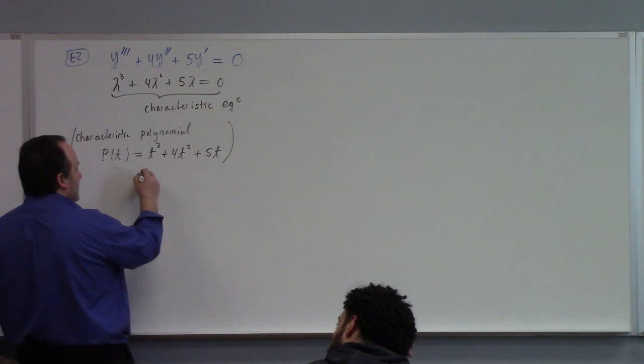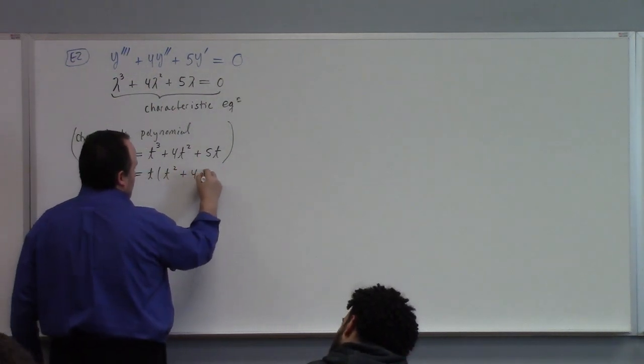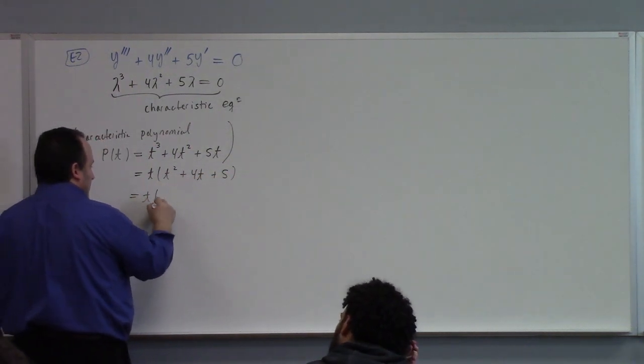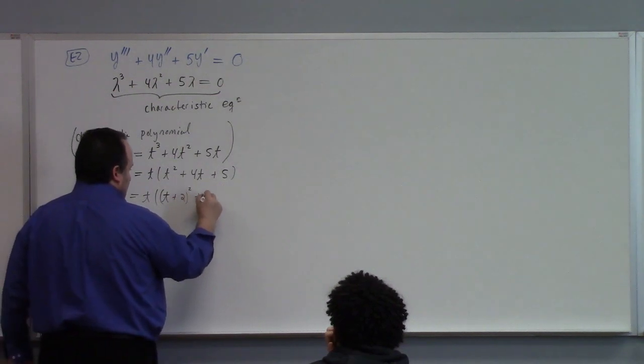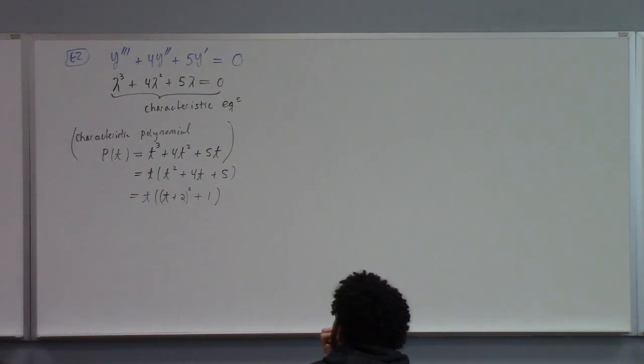Factor this polynomial, how does that go? Well, t squared plus 4t plus 5. Complete the square on that thing. I've got t plus 2, quantity squared, plus 1, right? So if I set this equal to 0, then